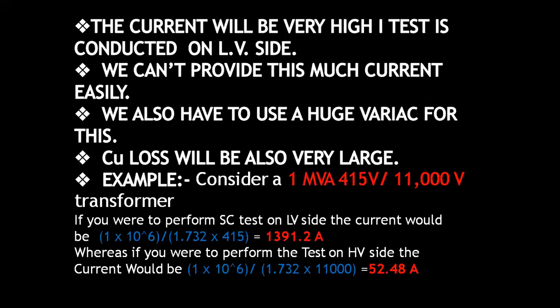So that is why it is clear that this current can be withstood by all the equipment, the other measuring instruments that are applied in order to perform the transformer testing. Those measuring equipments can withstand this current, but not the other one. So that is why the short circuit test is performed on the high voltage side, not on the low voltage side.